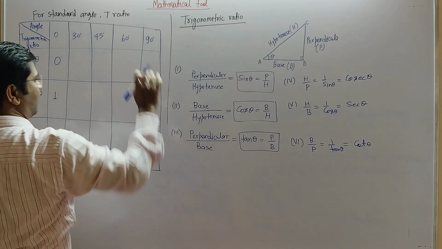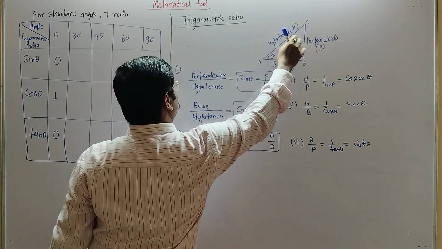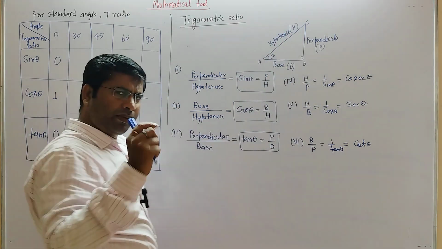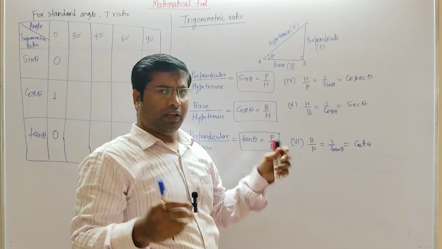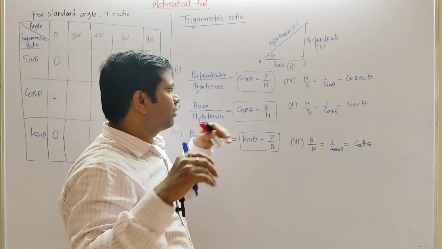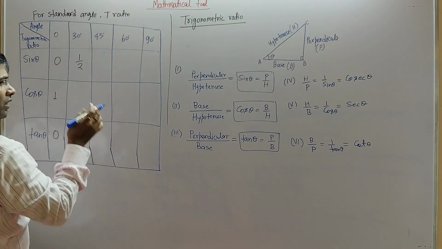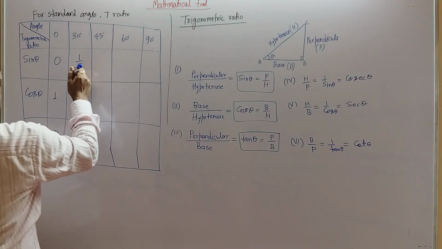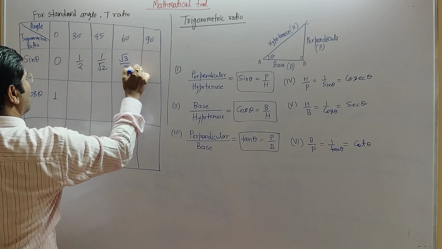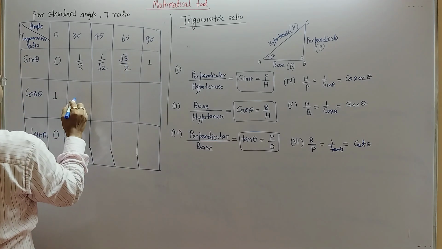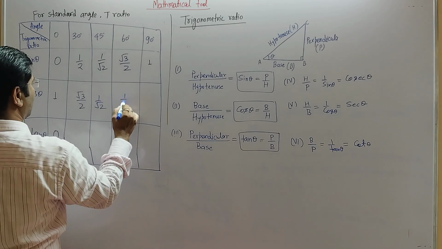Similarly, these are standard angles. If you put here a 30 degree angle and you always measure this distance, you increase the base and you measure what is perpendicular and hypotenuse, this ratio will be the same. If the angle is fixed at 30 degrees, we always get this value 1 by 2. So you have to remember this value. So this is 1 by 2, this is 1 upon root 2, this is root 3 upon 2, this is 1. This is root 3 upon 2, this is 1 upon root 2, this is 1 upon 2 and this